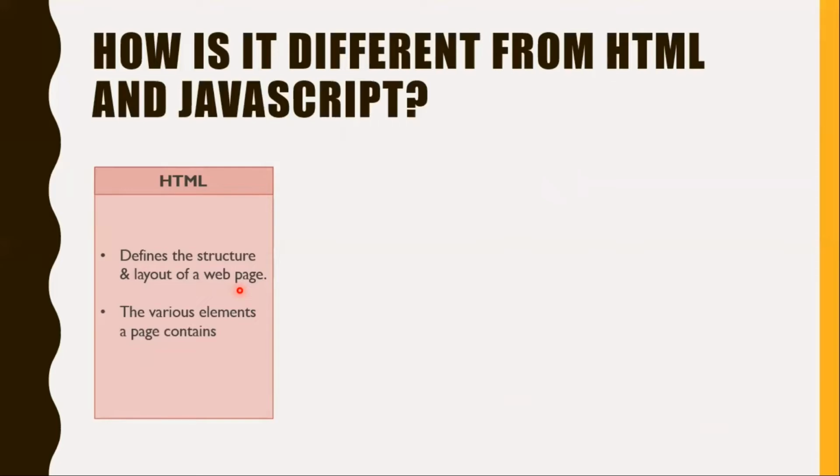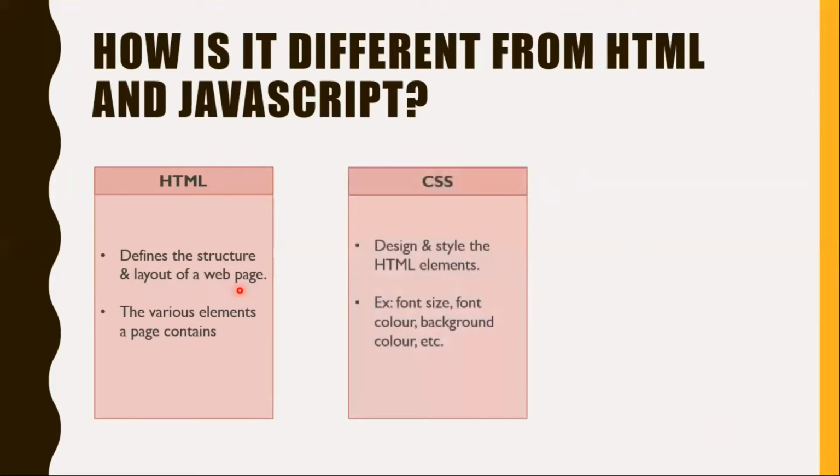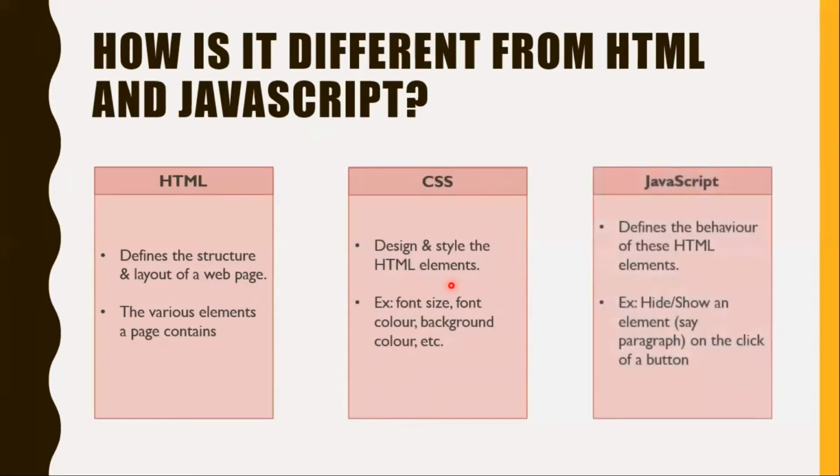To fill this void, CSS comes into place to design and to style those created HTML elements. The structure that you define, you need to style that, and that is where CSS comes in. JavaScript, on the other hand, is to define the behavior of those HTML elements that you've just defined. So how they are going to behave under which circumstances, and what kind of behavior they would depict, that is what JavaScript controls.